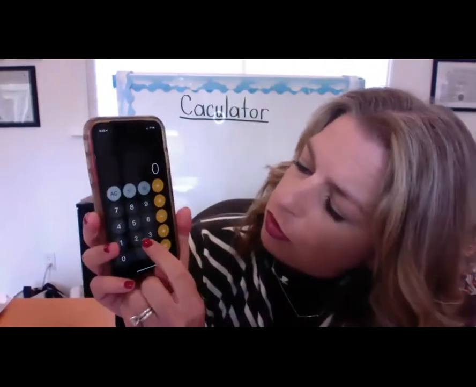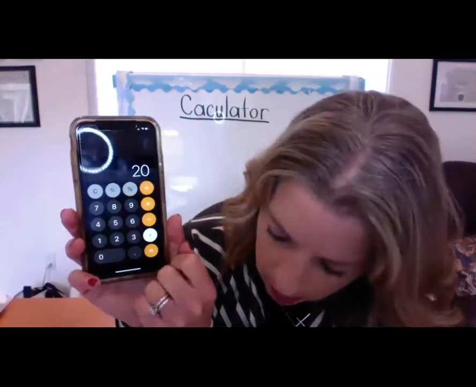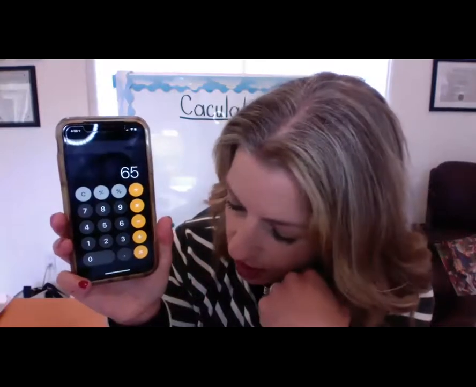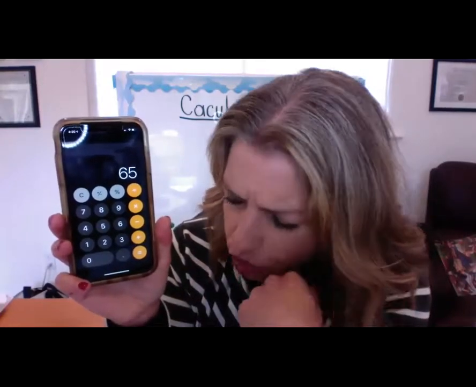Let me show you up close. 20. Now there's the plus button, plus 45. 45 equals 65. Oh, well, they have 20 plus 45 equals 75. So that's not the right answer. Okay, so we did that one. So are we going to color it? No, we aren't. Okay, why don't you guys go ahead and stop the video, get out your calculators,